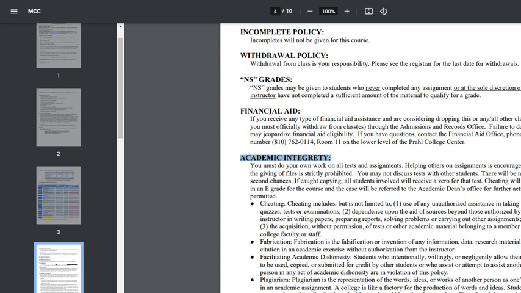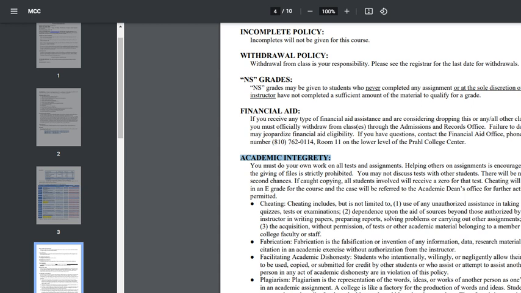I expect and I hope that everyone will follow that rule by only completing their own work. Use Google as much as you want. Google any assignment that you want. However, make sure to modify the code so that it is your own and not just something that you're copying and pasting from the internet. NS grade is just a failing grade.